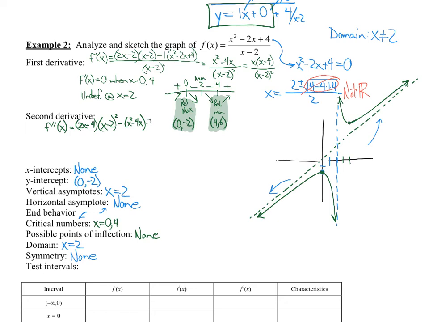So that would be times 2 times x minus 2 times 1, the derivative of the inside. And then that whole thing is over